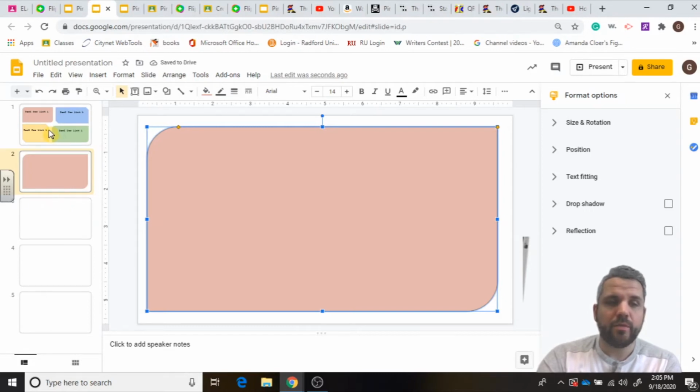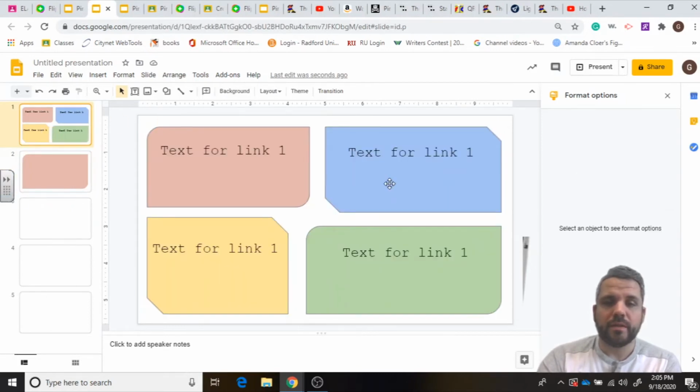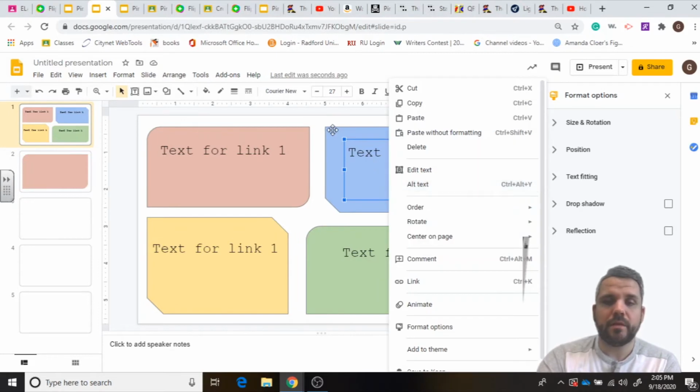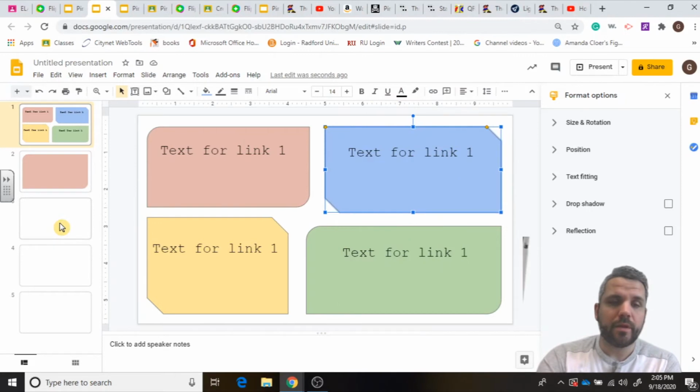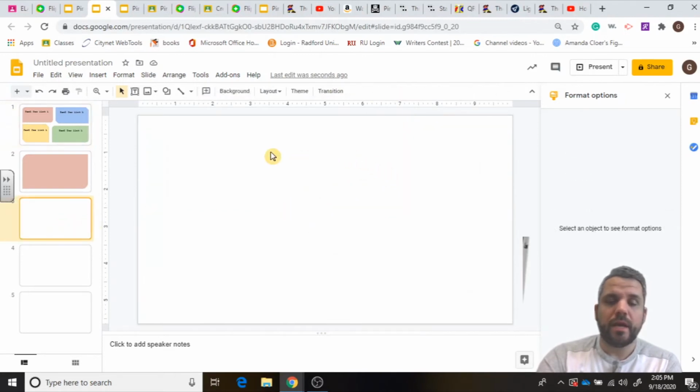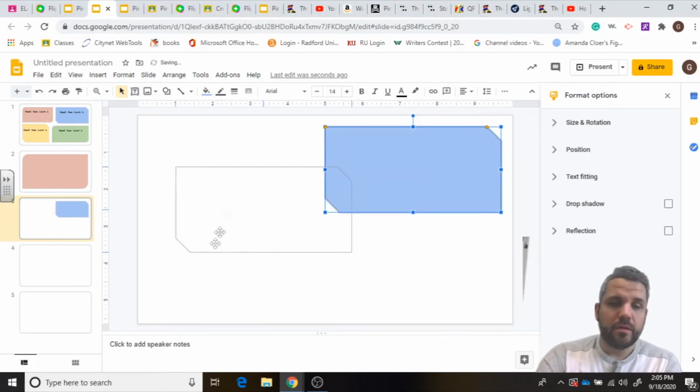Same thing for the second one. I'm going to click the shape, I'm sorry, not the text box. And I'm going to copy, and I'm going to go to the next one, and I'm going to paste that in. Now again, this is just a simple